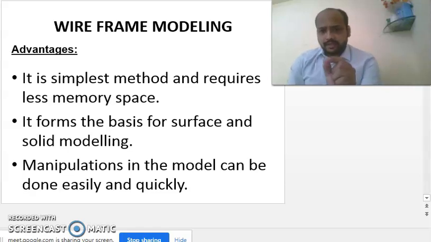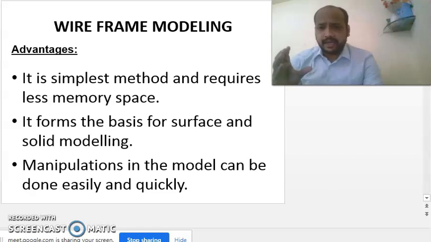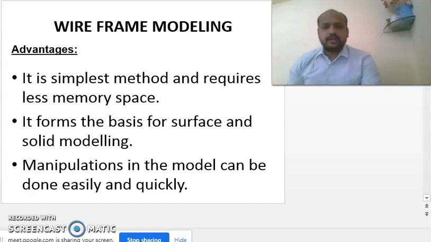Simply it is constructed with different points and curves. So these points and curves prepare the model. You can simply call it as it represents the skeleton of the object. It represents a skeleton of the object, that is simply called a wireframe model.